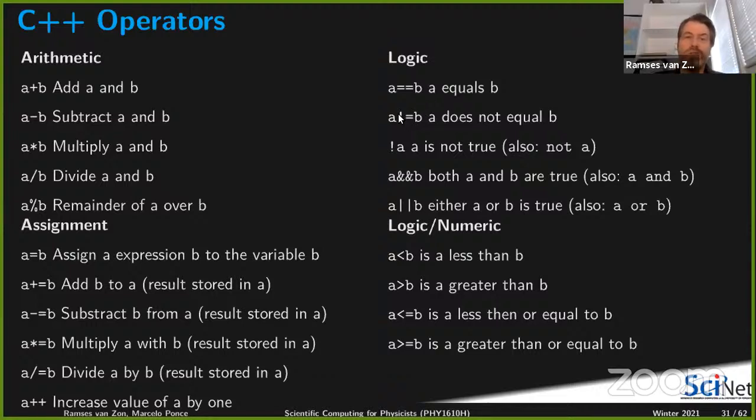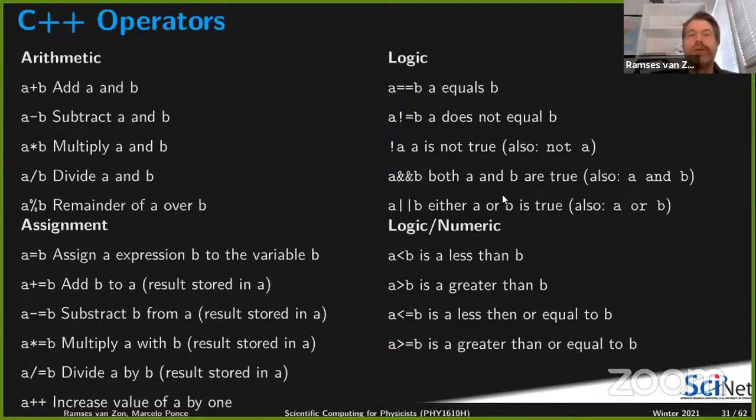That's not the same as asking whether A and B are equal. There's not equal, it goes with exclamation mark equals. Once you already have a truth value, you can put the exclamation mark in front of it. So if A is a Boolean, it's true, then exclamation A would be false, etc. You can ask if two things are true. So A and B. We saw the ampersand was already used for references and it's used for other things too. That's one of the reasons why there's an and. So and is a logical operation, or